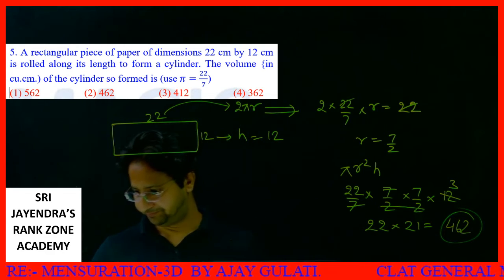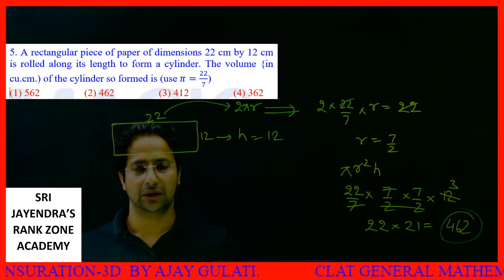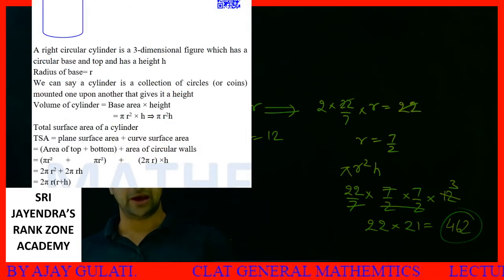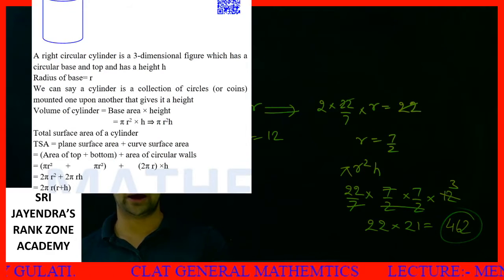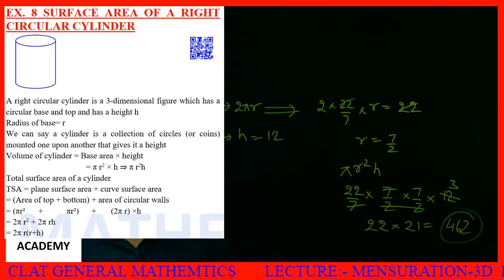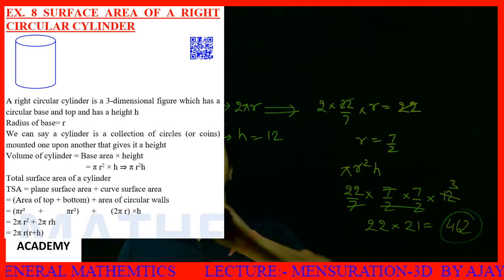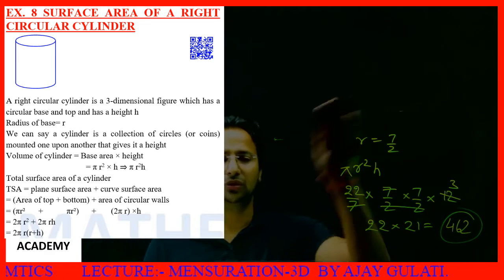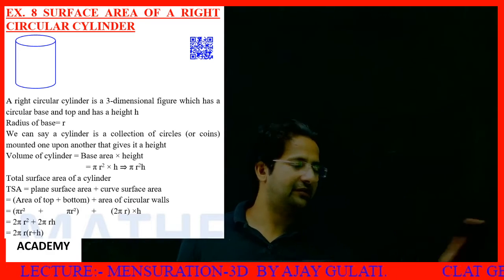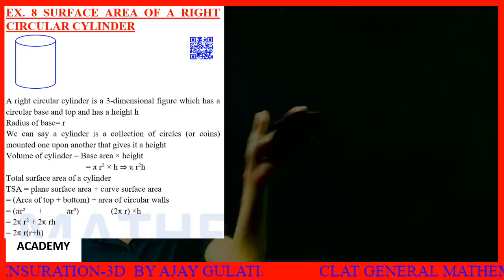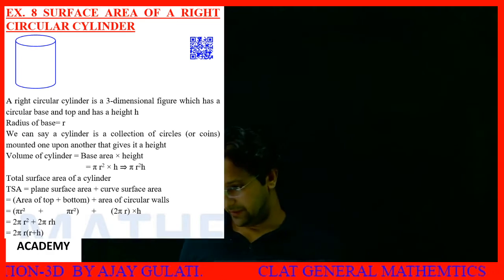Clear? Let's see the next question. Next concept is a theory. You just have a look at this. By that time I rub this, and I will explain it to you. Actually, dear friends, I have explained all this to you. I just told you the complete concept, how to fold a paper and how to get a rectangular paper converted into a cylindrical shape.